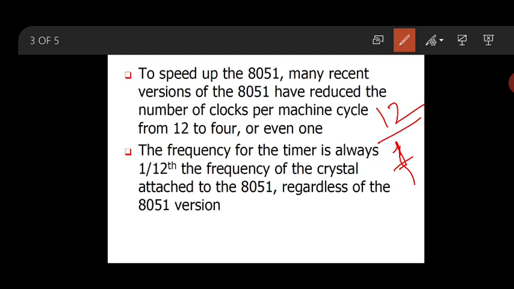For the recent higher versions, we need to consider 4 clocks per machine cycle. That will be decided by the manufacturer, because the frequency for the timer is always 1/12 of the frequency of the crystal attached to the 8051, regardless of 8051 versions. If it is 4, we have to divide by 4 by F.